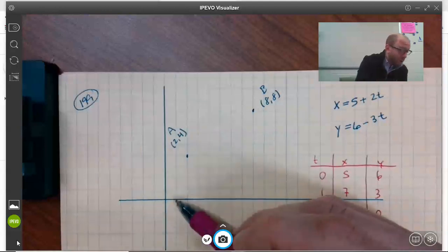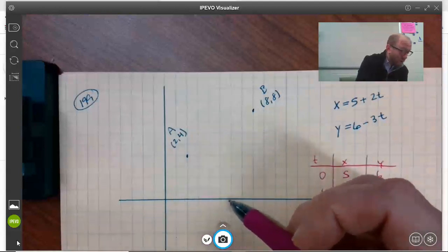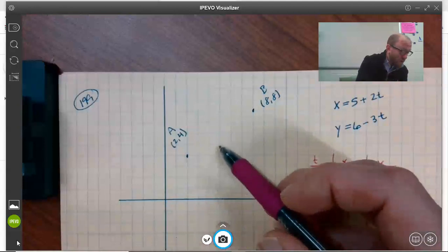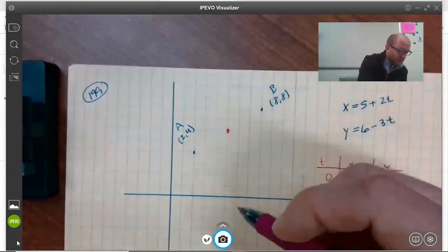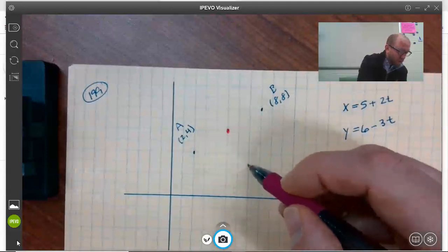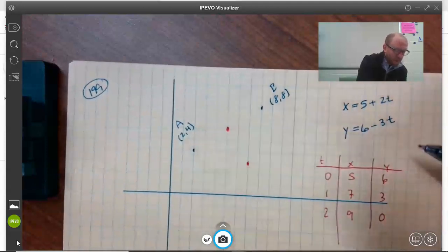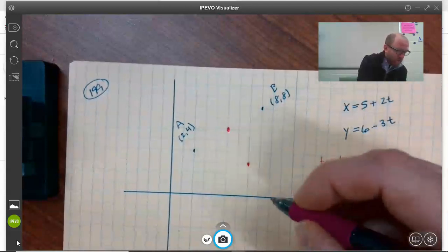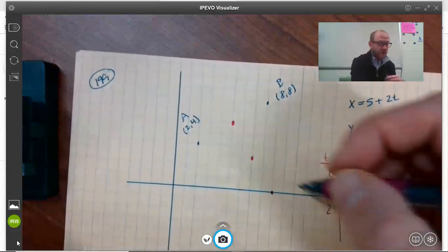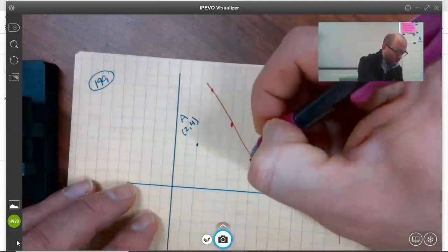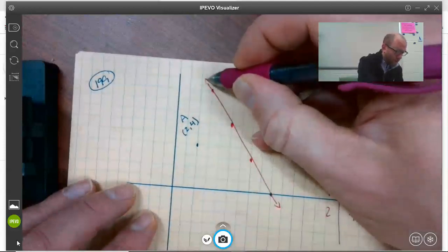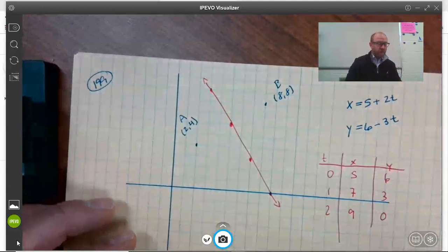1, 2, 3, 4, 5, 5. 1, 2, 3, 4, 5, 6. 7, 3. So that's 7, 1, 2, 3. And 9, 0, which is right here. So it looks like we'd be plotting this line right here. And we'd want to show that these points are